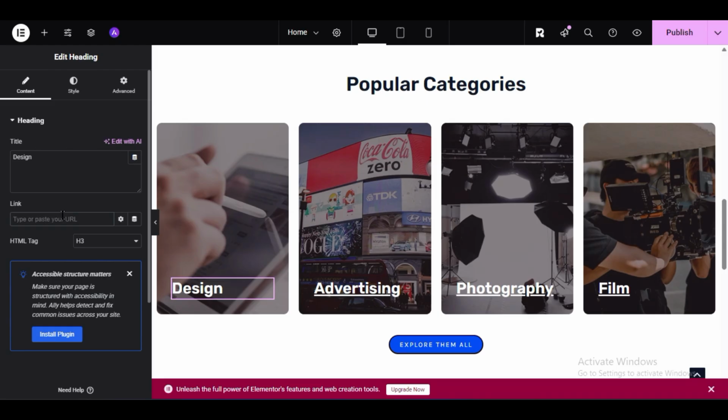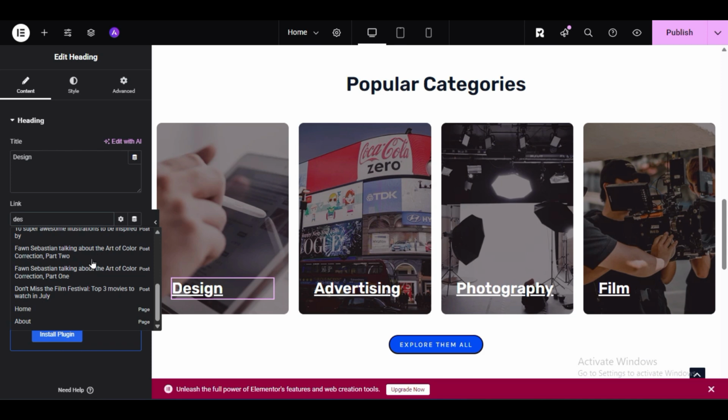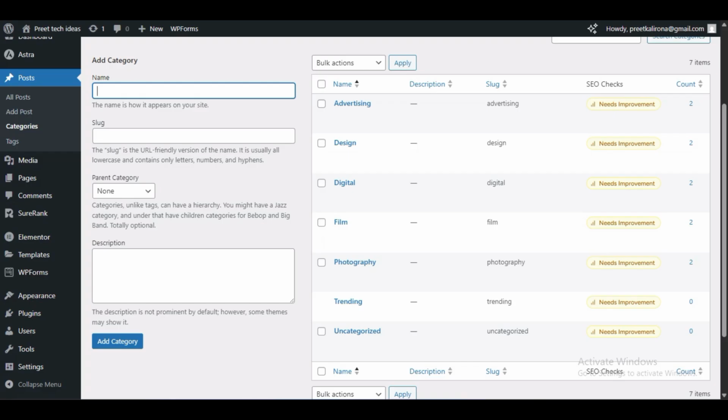So if I search now for design, it will find the design category in the link, and scroll down, you have to find the category. You have to wait a little bit of time, design. Or do one thing: when you create your category in the backend, for example design, here it is, you will see